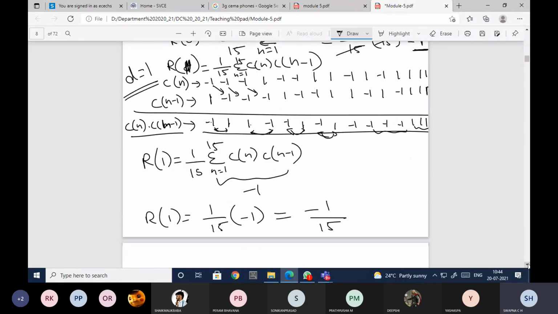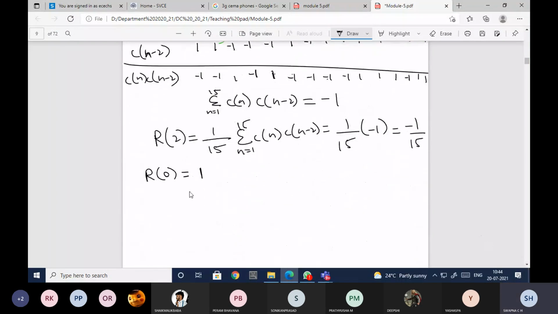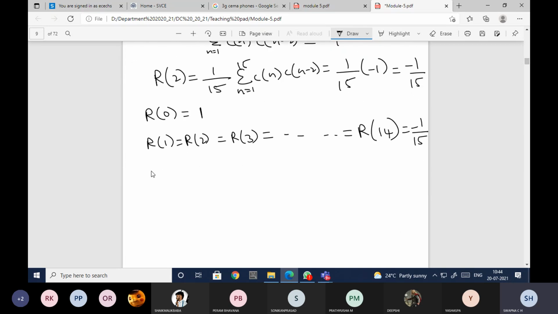And R of 1, R of 2, R of 3, so on until R of 14, if you try to find the values, you will have minus 1 by 15. Now if you take R of 15, what happens? D will be equal to 15.